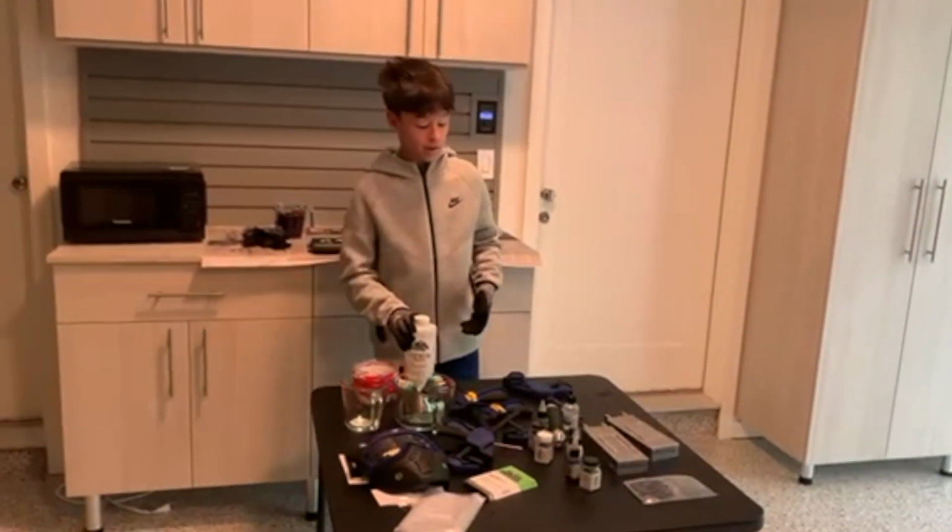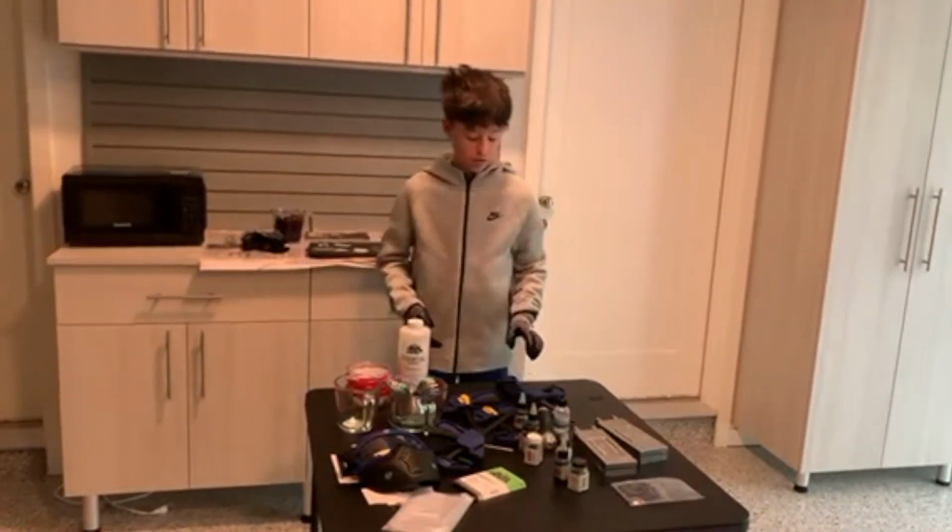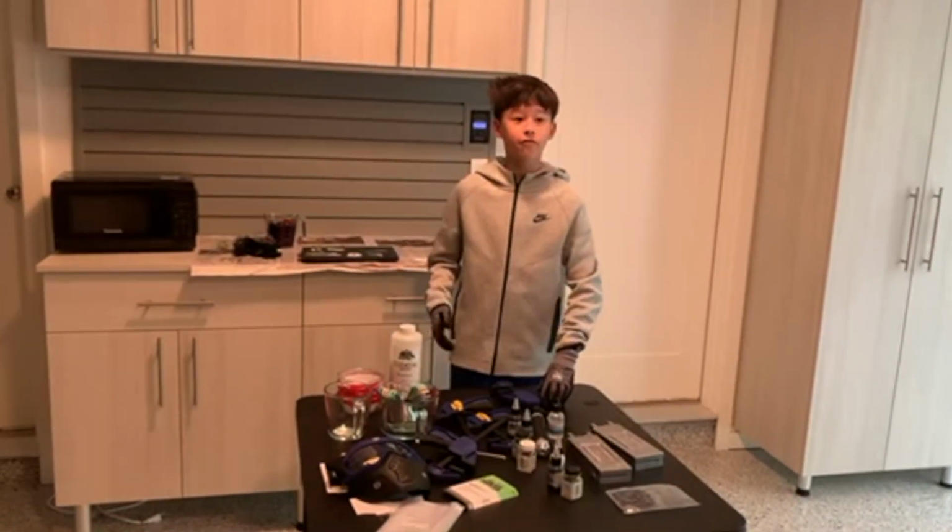First thing to make these is get some liquid plastic and heat it up to about 350 degrees. Once you do that, add whatever colorants and glitters you want to customize it the way you like it. After that,